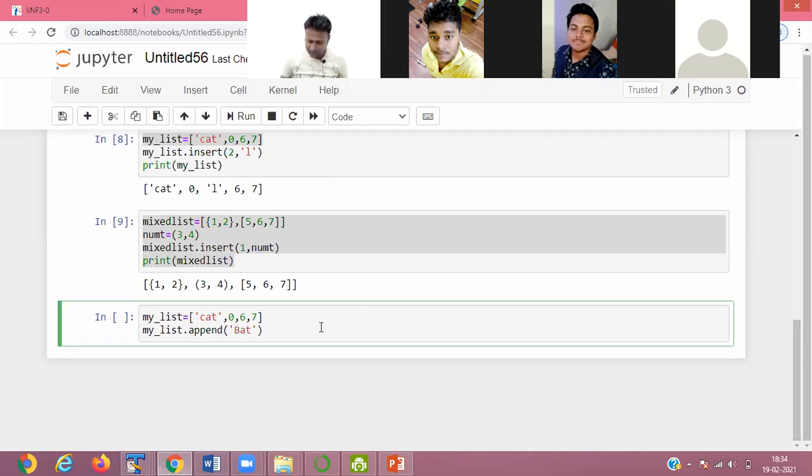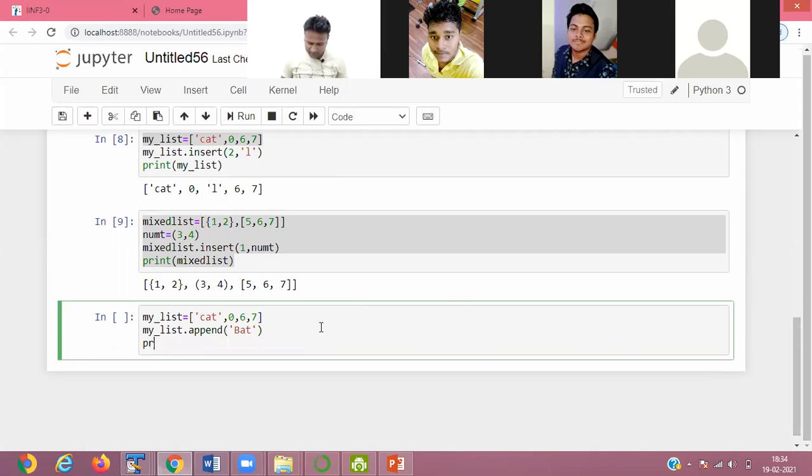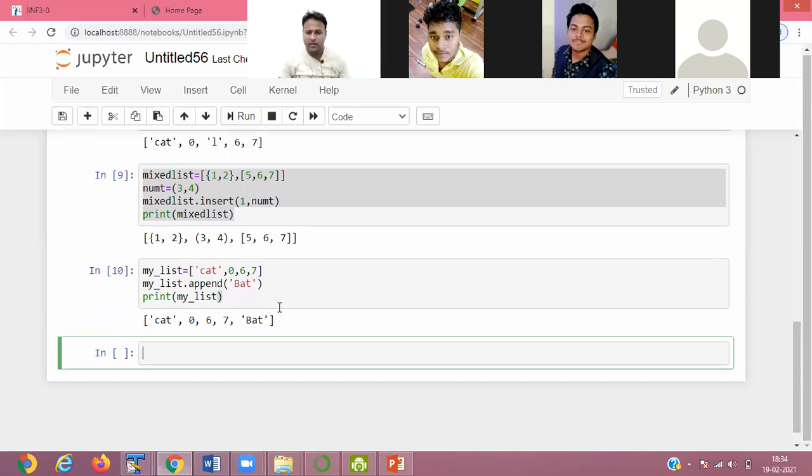Then after adding the element, when I print my_list, okay, this adds the element at the last index position.